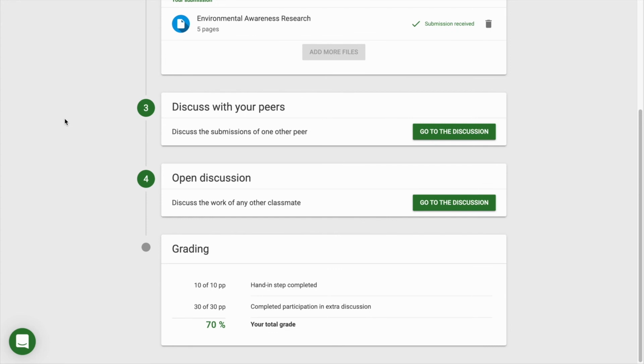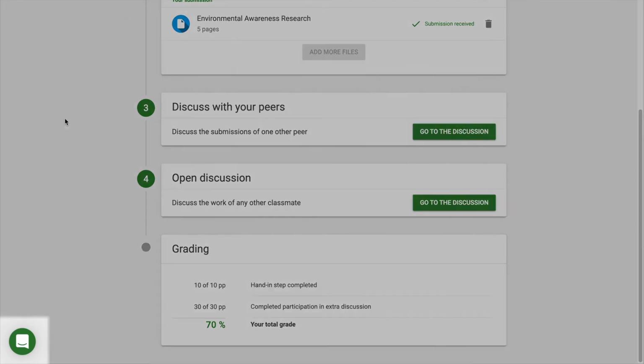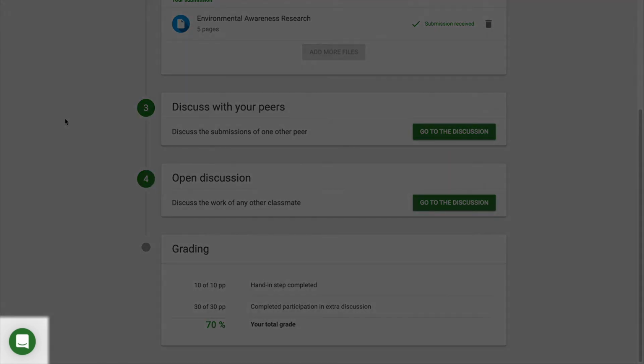If grades are enabled, however, then once they're published, they'll appear here, broken down by weighting. And if at any time difficulties arise, I can contact support with the button in the bottom and expect a response within 5 minutes on